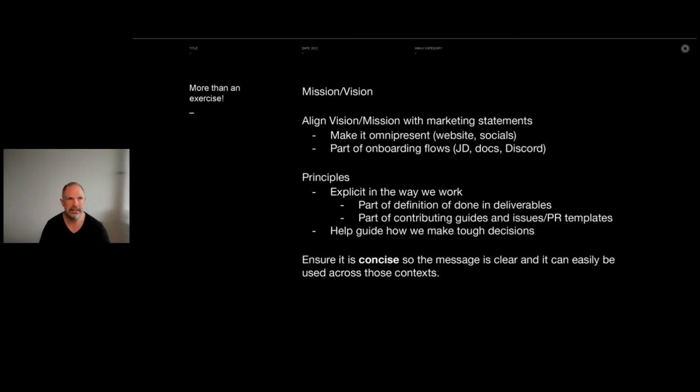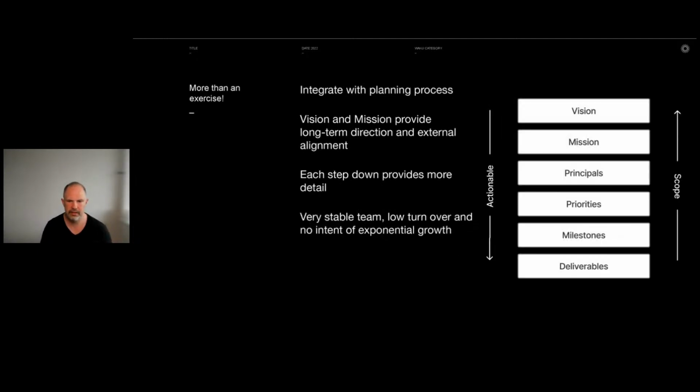And so in this framework, it's important to make sure that it's concise and clear so it can easily be used across those, but also that they have their different utilities and areas. And so when we're looking for guidance, we can come back and use that. And as we fit that in, we realize that there's this larger stack that the mission and vision and principles can fall into. And that's our priorities, milestones, and deliverables stack. And so by integrating into process planning, we're hoping that it can have a little bit more utility